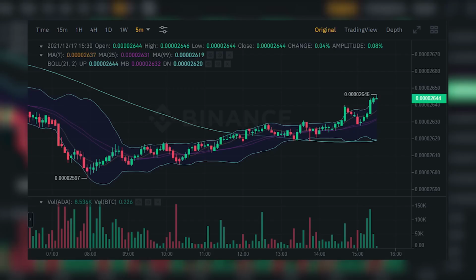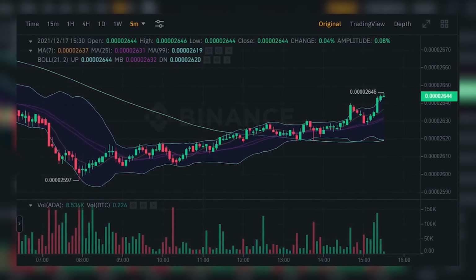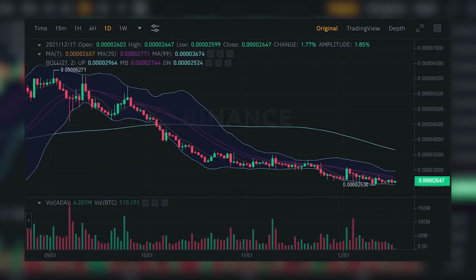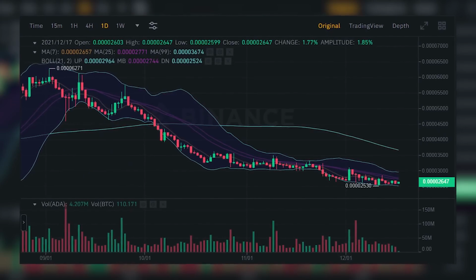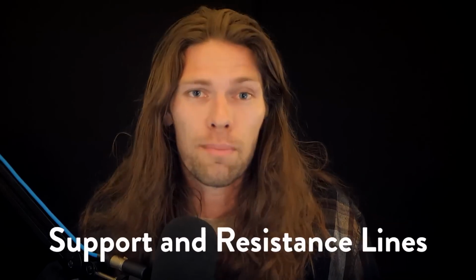Because of this, it's good to compare multiple trend lines. Look at long-term trend lines covering about 6 months to a year, and then compare that with short-term trend lines. This will help you find better entry and exit points in the assets that you're interested in. So far, I've talked about ways that you can interpret common price charts for your own technical analysis. So next, let's talk about support and resistance lines and how to derive and interpret them for your very own